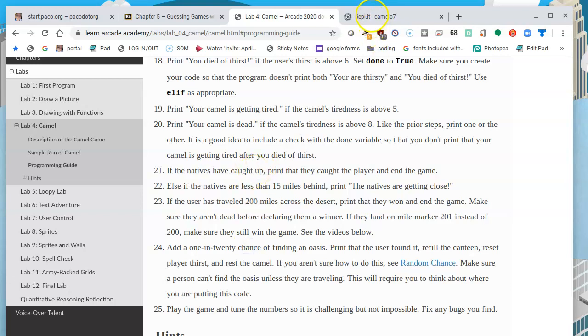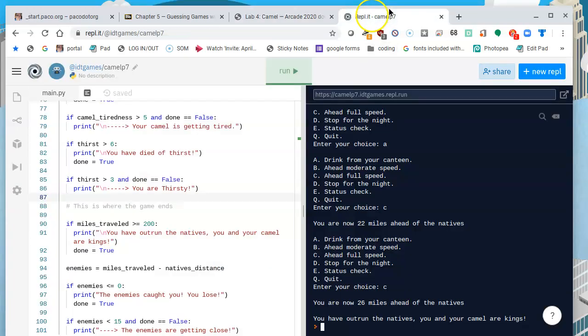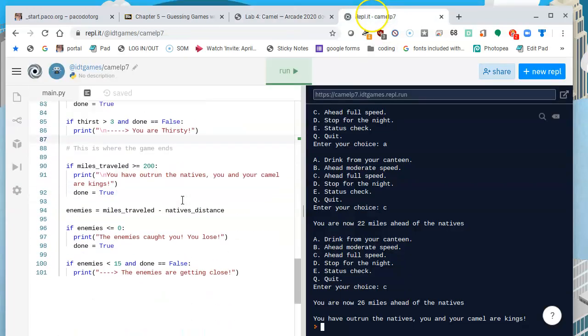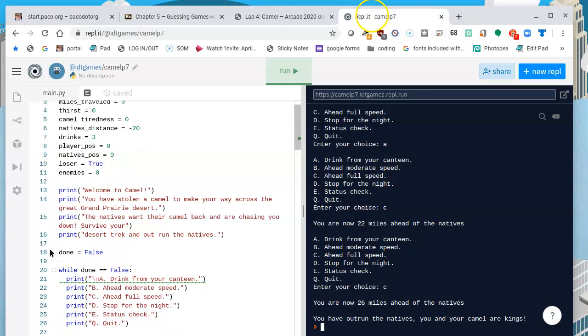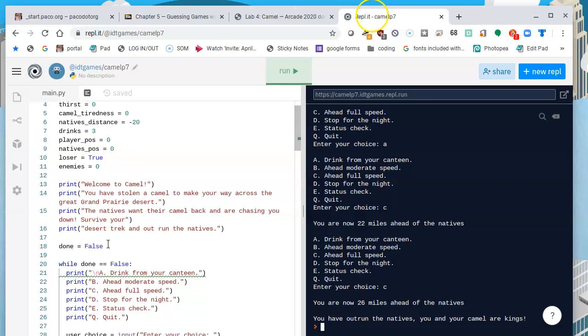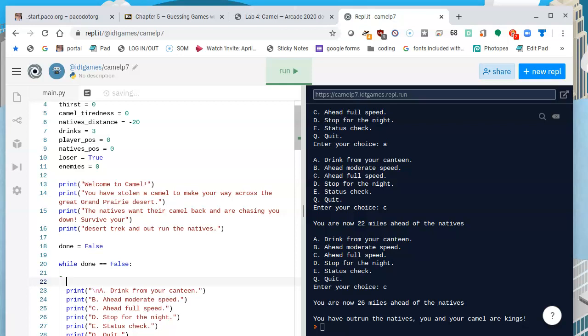So let's see. Go back and look at the code again. I want to say that since everything happens inside of a loop, the loop begins way at the top. Remember from the original videos, we set in line 18 that we're not done with the game. The game is still going, and while this is the case, while done is false, we're still going. We're not done yet. So while nothing's done, this is where the loop begins, and even before we present the user with a menu,